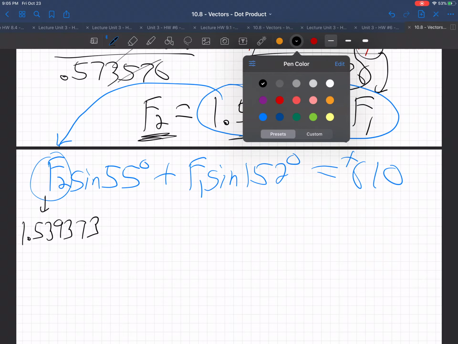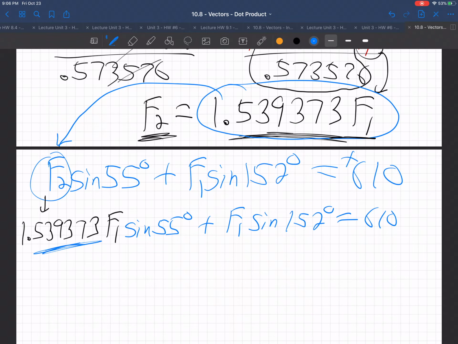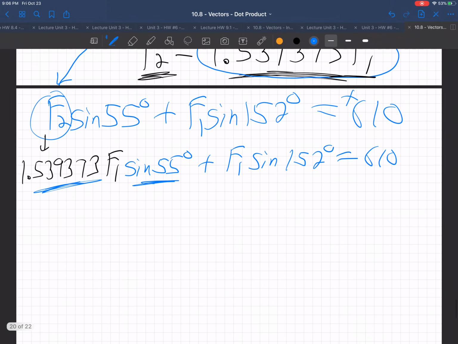1.539373. Wrong problem here. Sine 55 degrees. No. Come on, Brett. I skipped the F1 there. F1, right? It includes the F1. And then sine 55 degrees plus F1 sine 152 is 610. So let's take this number and multiply by sine 55. On my calculator, I'm getting